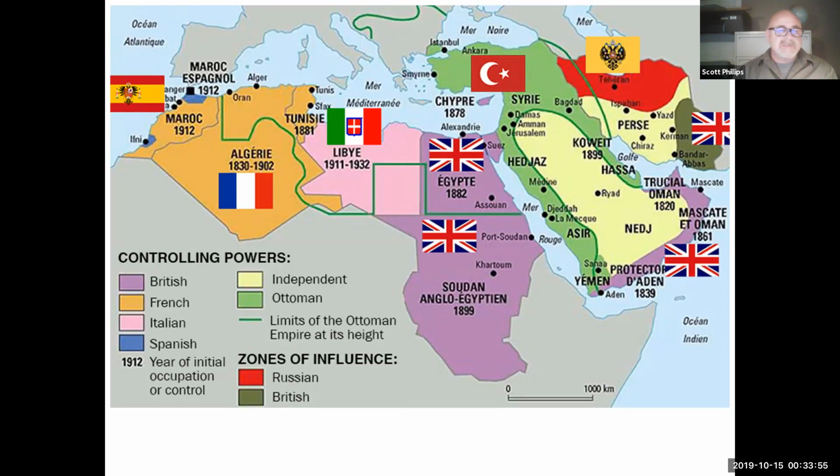So this is the situation around 1912. At this time, the Ottoman Empire has actually shrunk quite a bit. You have the British in control of Egypt. You have the Italians in control of Libya. But you still have a fair amount of the realm controlled by the Ottoman Empire, including parts of the populated parts of Saudi Arabia, Syria, Iraq, what's now Israel, and also the country of Turkey. And Turkey ends up being the last remnant of the Ottoman Empire.